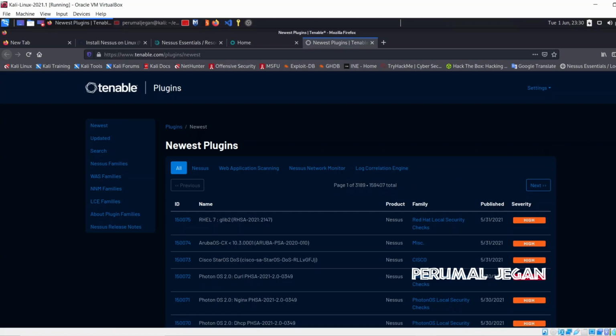So whenever the Nessus scanner is interacting with the target, it simply sends some probes and gets the response, then analyzes that response by comparing it with its vulnerability database. To update these plugins, this massive database, it took a couple of hours for me. So based on your network speed, it will take some time. Apart from that, it is an excellent tool to work with.